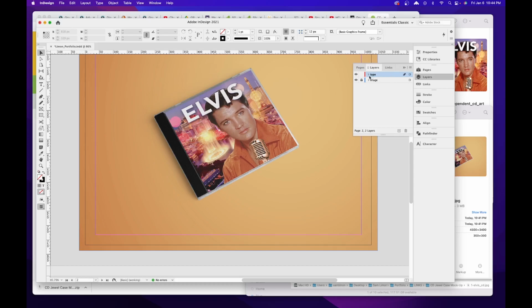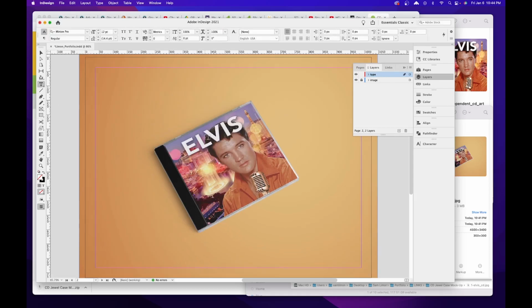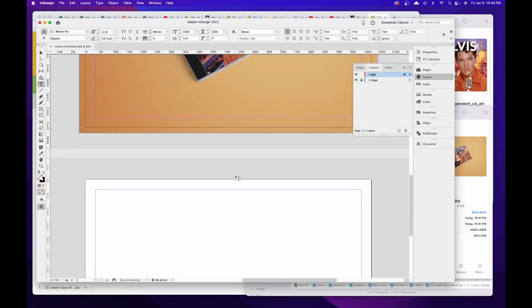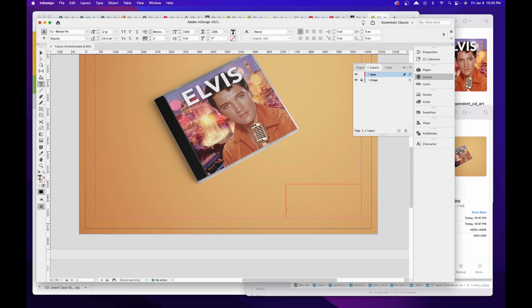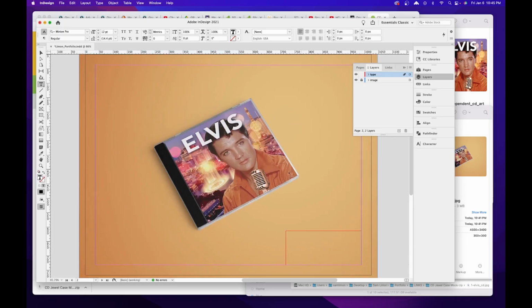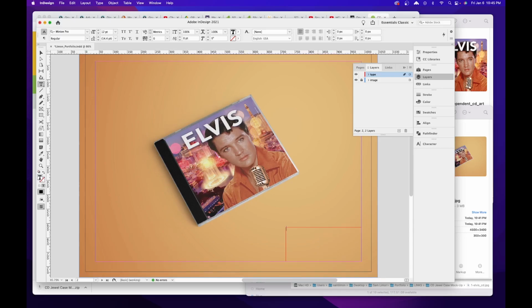Now I want to select my type layer, and I could click on my type tool, and I could create like a little paragraph or a little headline regarding what this is. So I'm going to just click and drag at the bottom right here. So think design wise, think about using these margins. Maybe you could do it at the bottom here, it could be at the top left, top right, and then stay consistent with the pages. So just my creative choice at the moment. I'm going to do it at the bottom right, and I'm going to name this Elvis CD